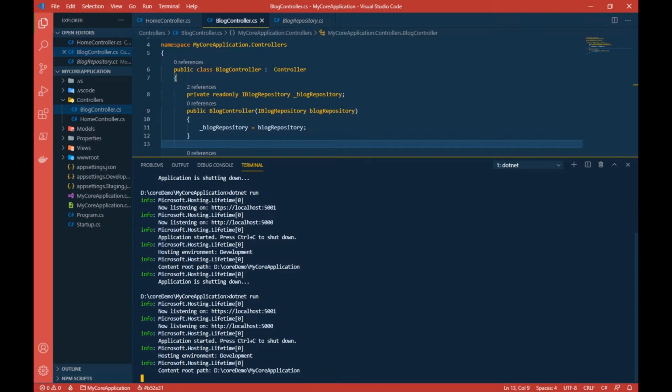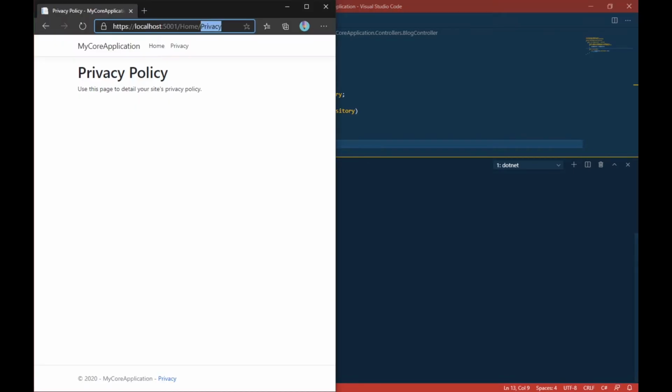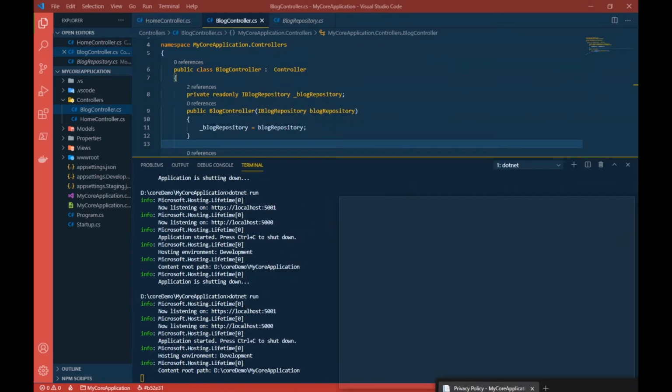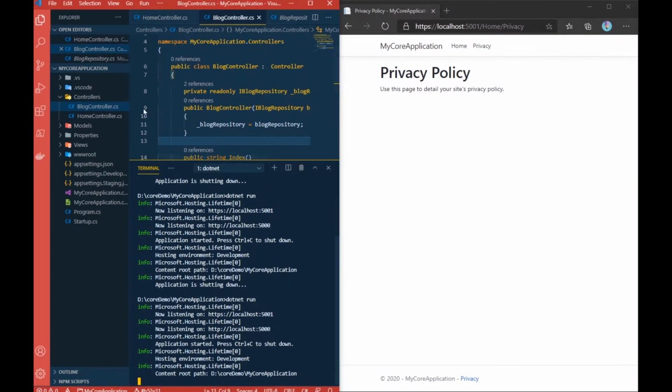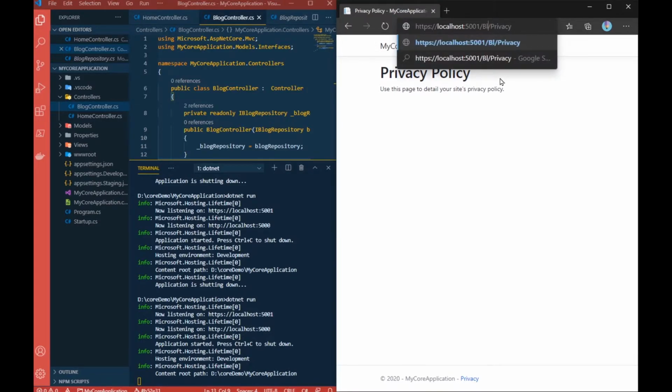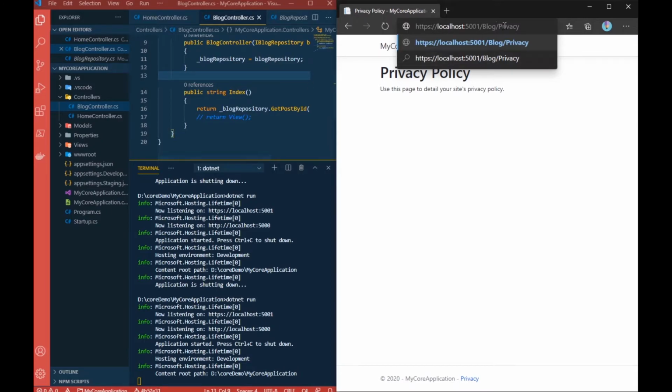Okay, our application has started. Let me open our browser. Let me refresh this and nothing will happen. Why? Because we are going to this home privacy. Now, if you remember, let me open them side by side. To go to this blog controller, I'll have to type in here blog, and to get to this action index, I'll have to write here